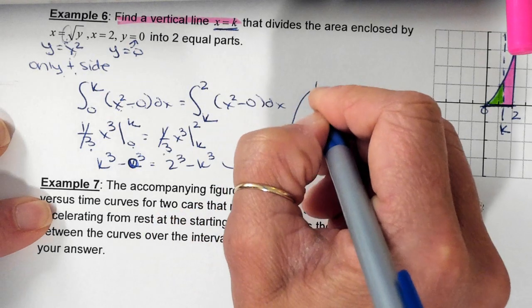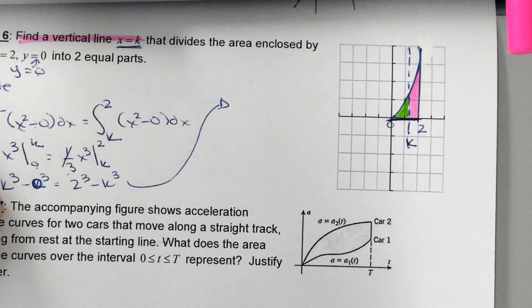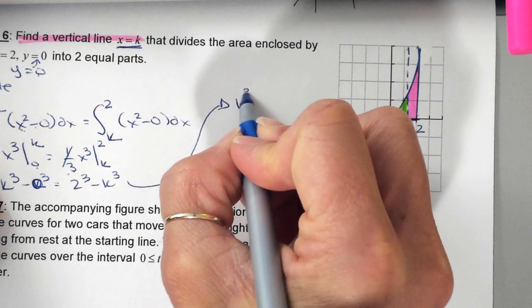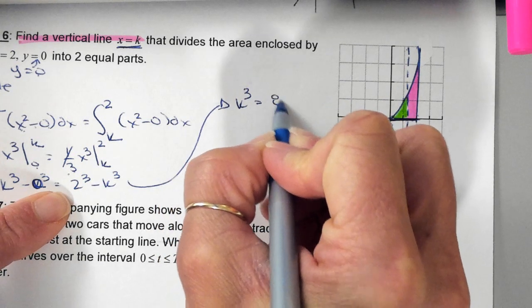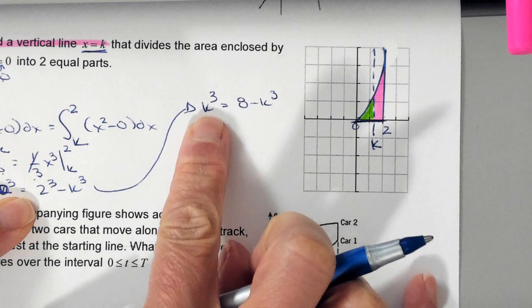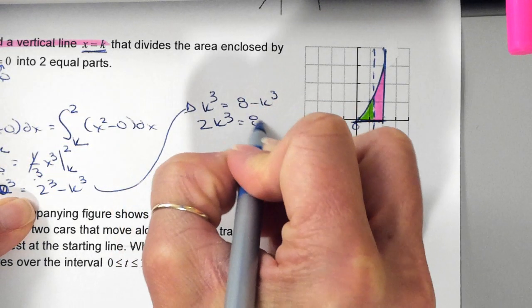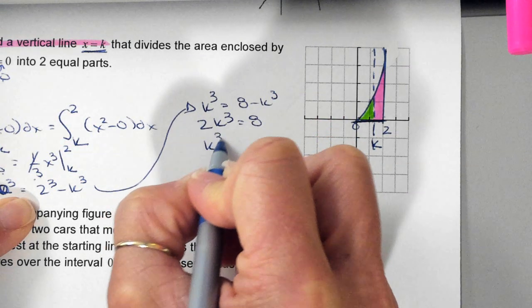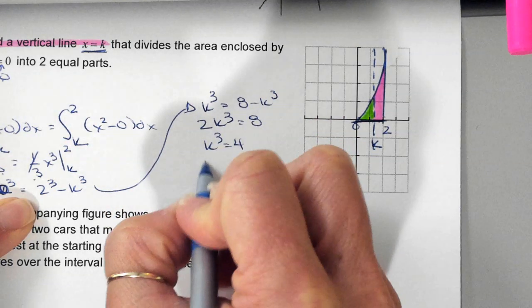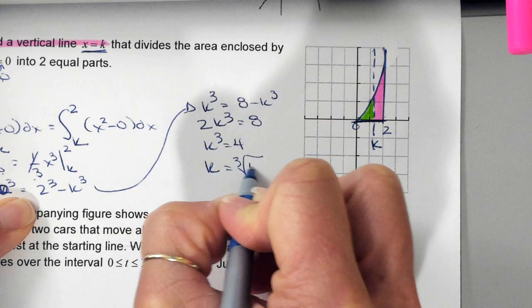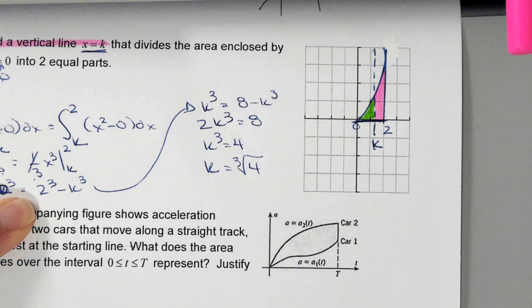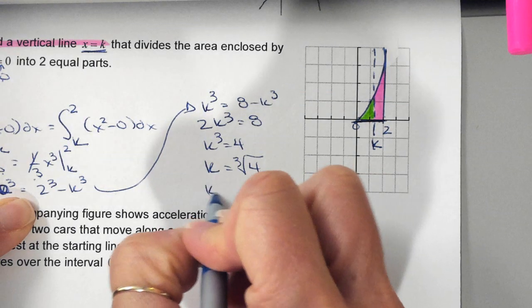So I'm actually going to take this up here. k cubed is equal to 8 minus k cubed. This is now just an equation. Add k cubed over here, so you have 2k cubed is equal to 8. Divide by 2. Take the cube root. So k is equal to the cube root of 4, which if I go into my calculator and take the cube root of 4, I get